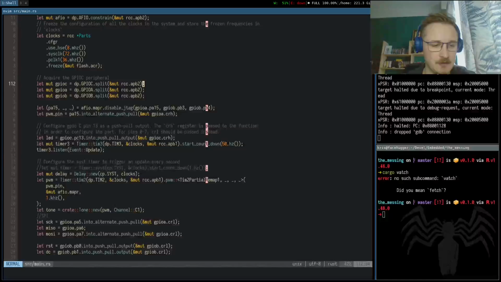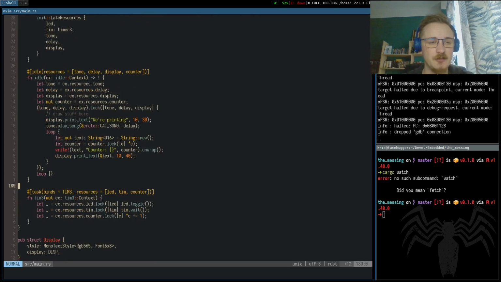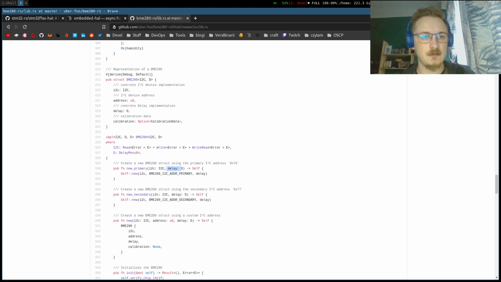The way it is, the delay takes ownership of the system clock register. So if we were to pass it to the BME crate, we would lose the functionality and wouldn't be able to use it anywhere else. It's further complicated by the fact that we're using RTIC, and we cannot clone the delay. Because of that,